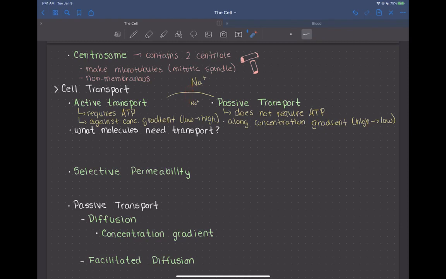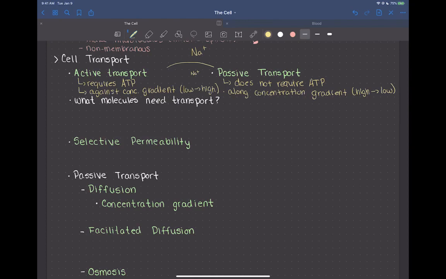And that is going to require ATP because you're going from where there's only a little and you're cramming that sodium out to where it's already really crowded, okay? And that requires ATP. That's going to be active transport, okay? All right, and so in general,